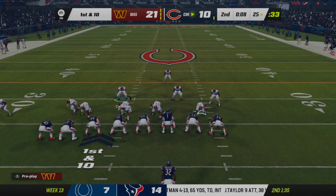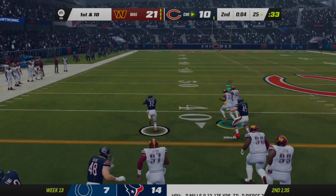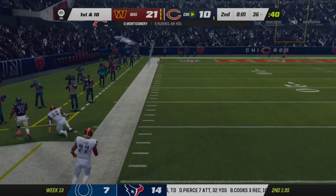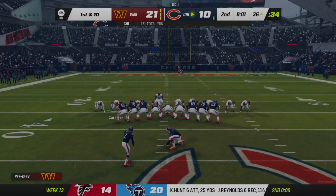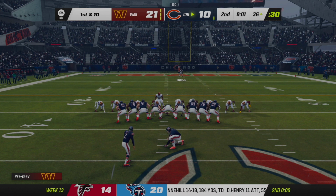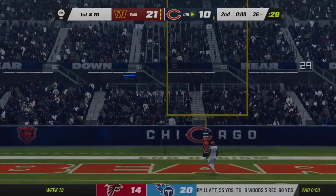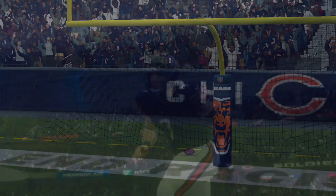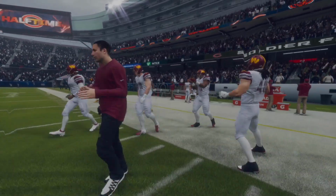Now with 8 seconds left before halftime, I doubt the Bears are going to try to do anything crazy as they do hand it off to Montgomery, who has space. Carter in pursuit. Forces him out. 1 second left at the 36. And they send out the field goal team. Kicking from about the 43, would be a 53-yarder, could easily be made. And would be a big lapse on the defense, and they just sneak it in. Heck of a kick there by whoever their kicker is to squeeze that one back in, narrowing their deficit